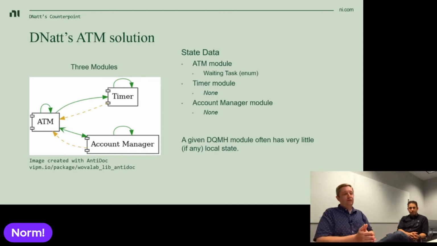So my solution for the ATM, right? Whereas Norm sees the ATM and the first thing he wants to do is figure out how exactly the program is going to respond to triggers, right? I'm in a certain state. How do I respond to this trigger? That is the first thing in his mind when he looks at the problem that needs to be solved. That's not the first thing that comes to my mind. The first thing that comes to my mind is how am I going to divide up the responsibilities of this